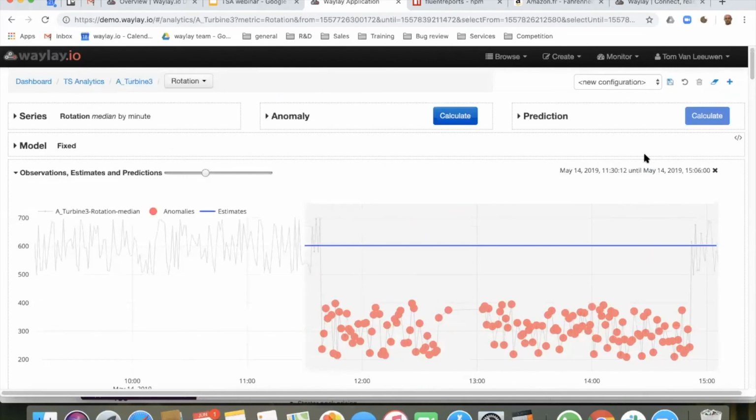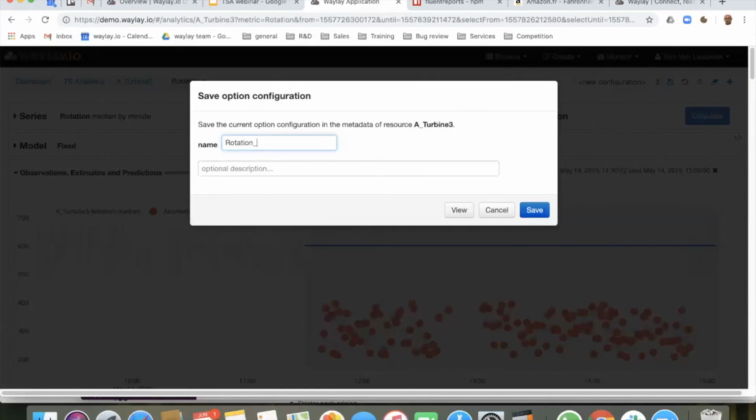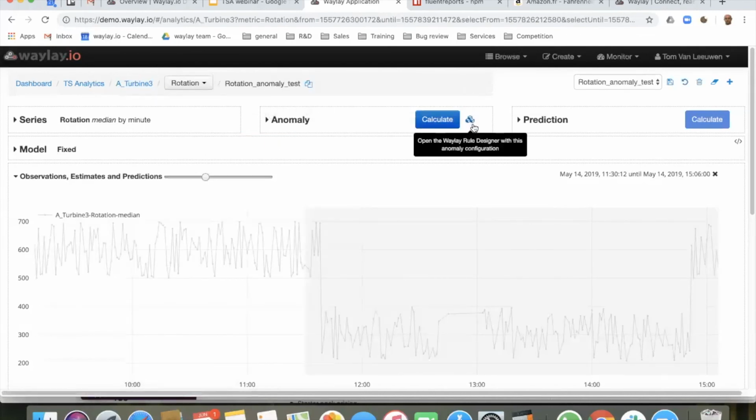Okay, so let's say we're happy with the anomaly detection model that we just created. Now we can store it. So we'll store that configuration. We'll give it the name rotation anomaly test for now, and let's save it. So now it's saved into the system, and now we can actually use this configuration in a rule. So I click this button, and now